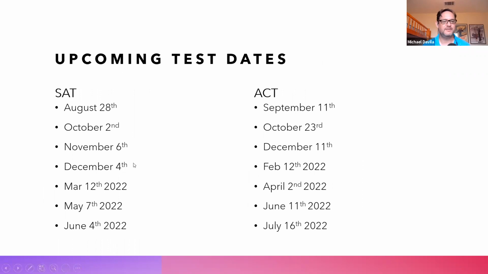actually offered? Okay, so what you can see, these are the closest dates, like August 28th coming right on up. It's too late to register for this one, obviously. But going into the latter part of the semester, you'll see that, usually in a semester, there's going to be 2 to 3 offerings of the exam. And then you can see in the summer, there's a June test and a July test.